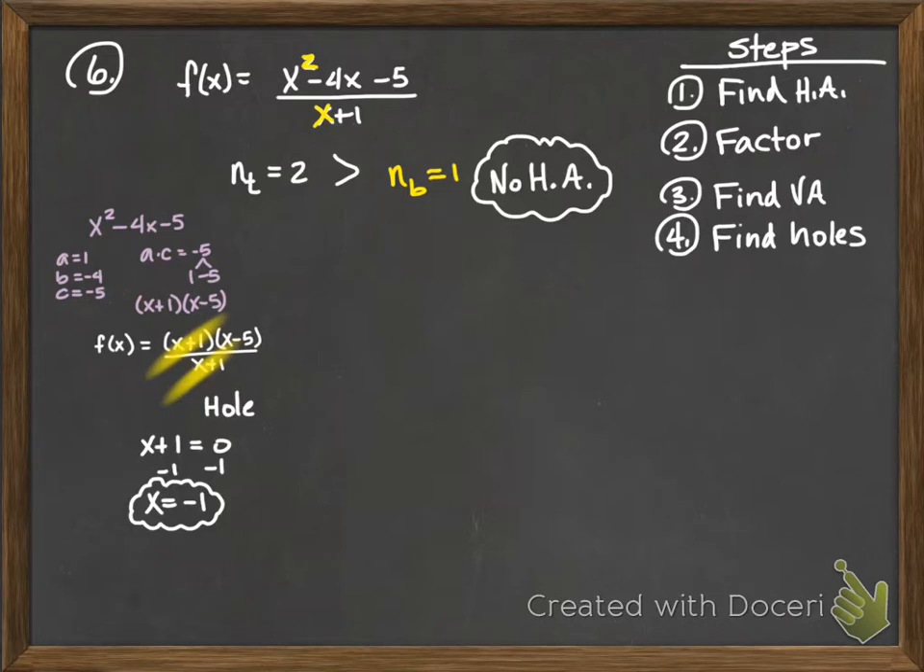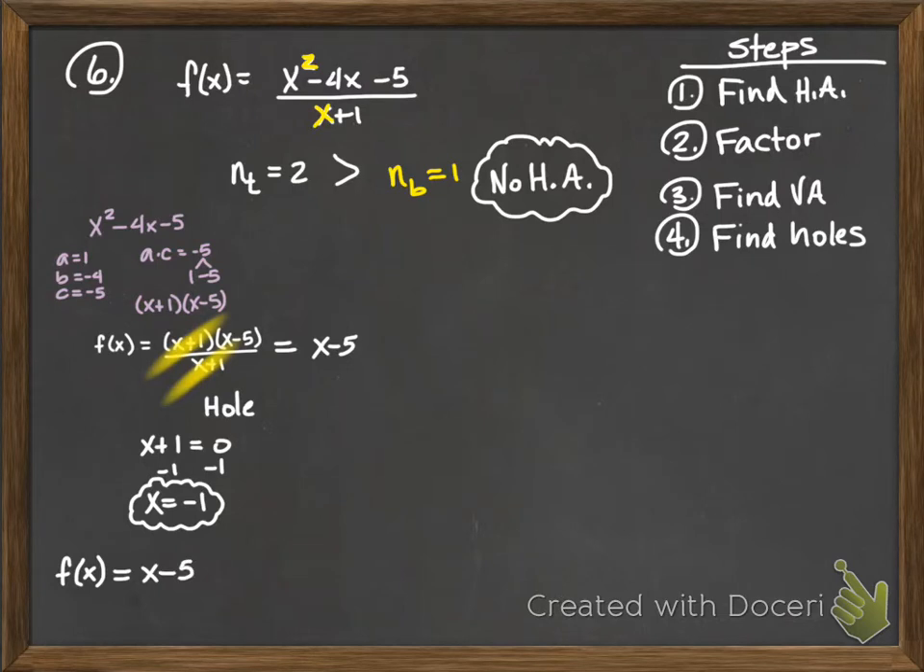but the hole is like an actual point, so we need an x and a y, not just an x. So what you're going to do is we have up here a simplified equation, right? These x plus 1's canceled, so you're left with x minus 5. Okay, so down here we say, okay, we have f of x equals x minus 5,